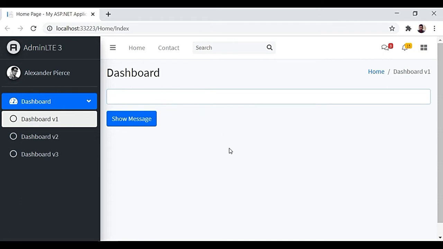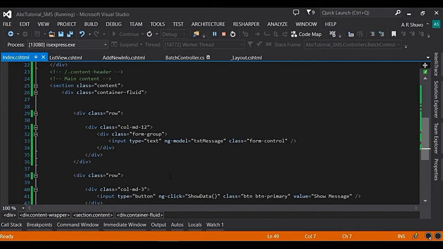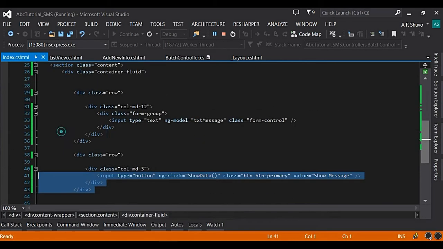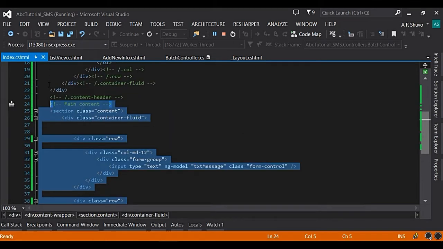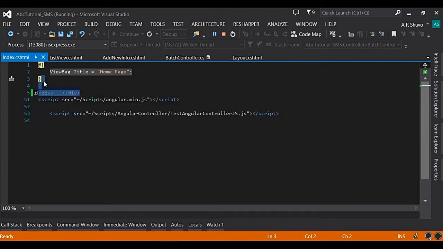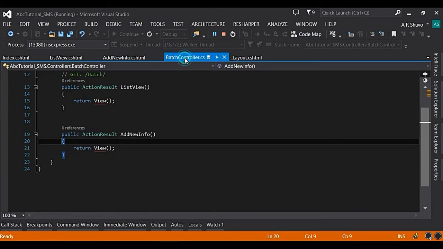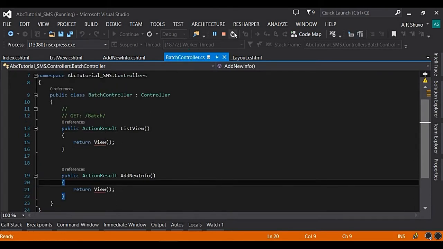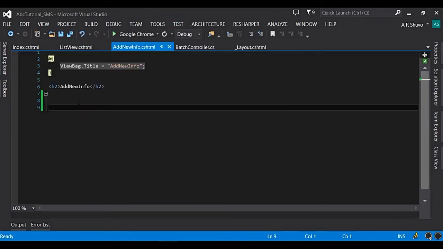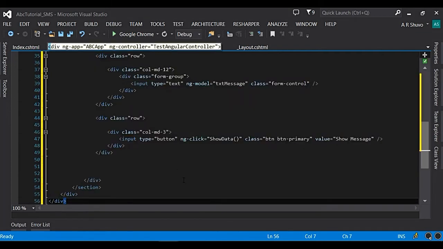In the previous video of this series we have created this page, so I'm going to Visual Studio and we need this text box and a button, so that's why I'm just going to copy it, and this add new info controller, I'm going to this view page, add new info and paste it here. Okay,